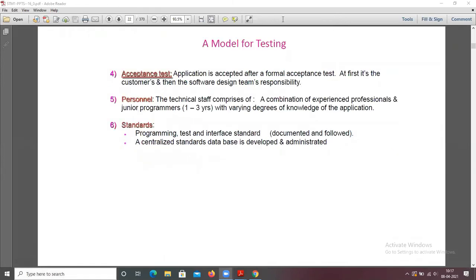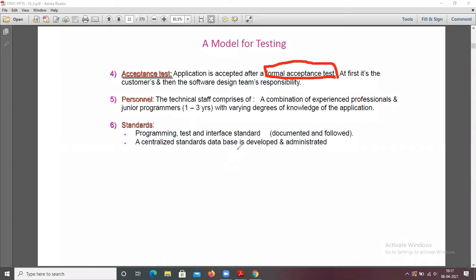Acceptance test. So the application is accepted after a formal acceptance test. That means after completion of the software, they are going to run a formal acceptance test. We will discuss it in future classes, but first understand that you write one program or design a software.